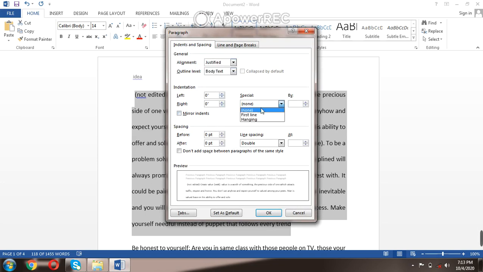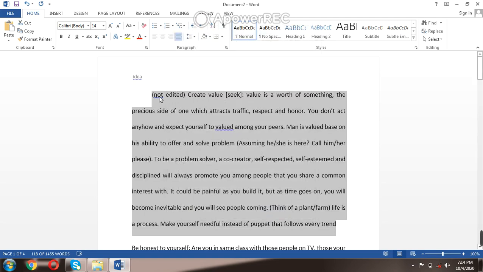Special hanging, so first line, that is increase indent, you use it. So you can see that's the old form of paragraphing, so you could always